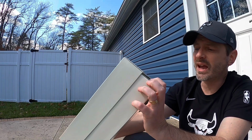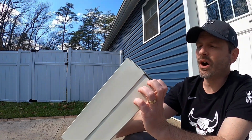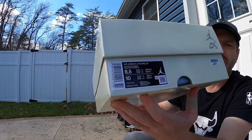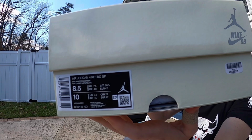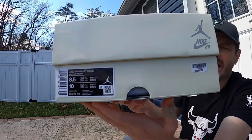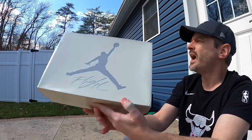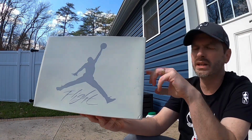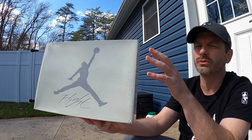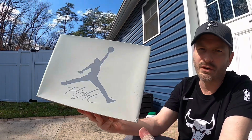The tag reads Air Jordan 4 Retro SP. The colors are sail, white, and pine green. Like I said, this is a size 8.5, and you can see the GOAT sticker there. I did get these from GOAT. I think retail on these was $220. It was over 200 bucks, I'm pretty sure. So, like I said, I spent about $350 all in for them, but I'm pretty sure I can recoup most